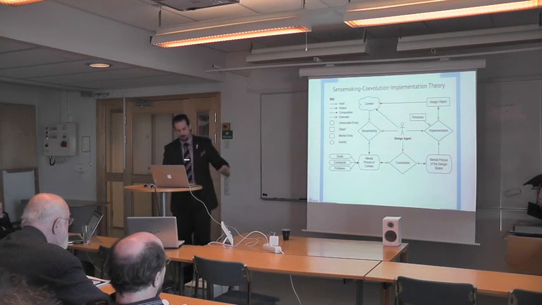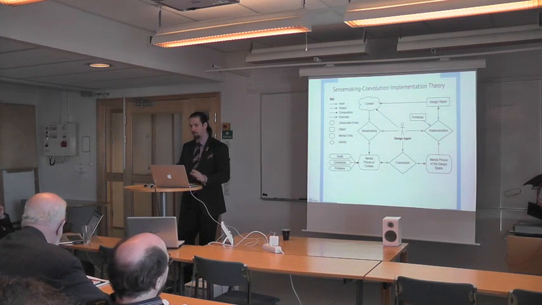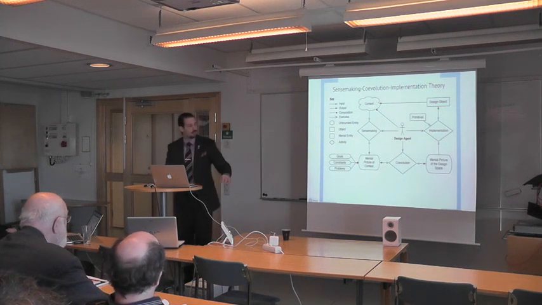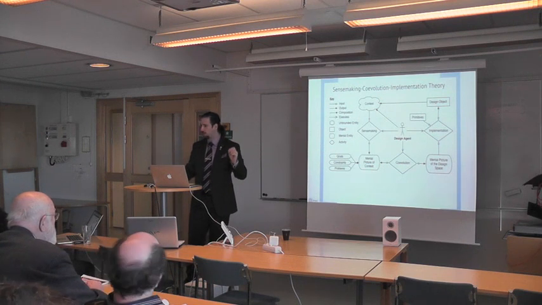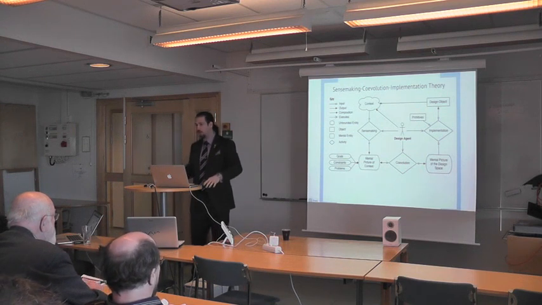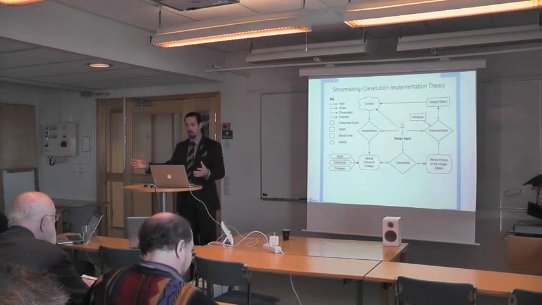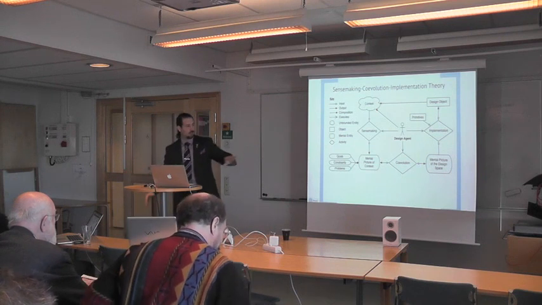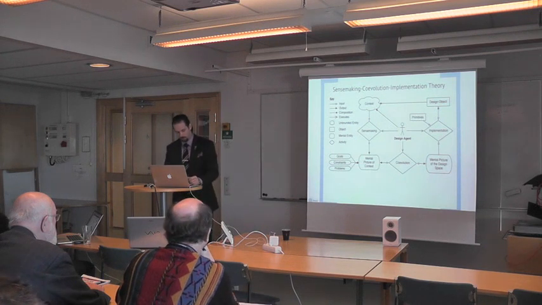A couple limitations on this. As I said before, it assumes that there is one agent. It does not attempt to describe development by more than one agent. The second thing is that it assumes that the artifact is complex. It assumes that the thing that you're building exhibits emergent behaviors. It's a complex system. If it's a simple system, you don't do this. If it's a simple system, you can go in a straight line because your analysis is trivial, you know what you're supposed to do, everyone agrees on what is to be done, you just get on with doing it, and you can move in a linear way. So this does not describe simple development very well. It only describes complex system development.